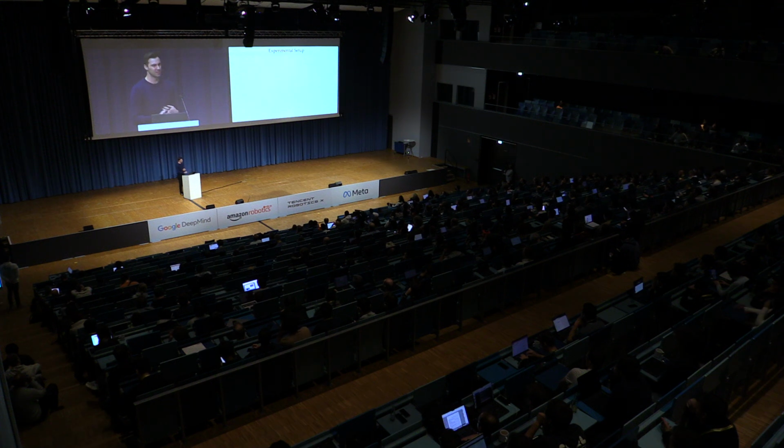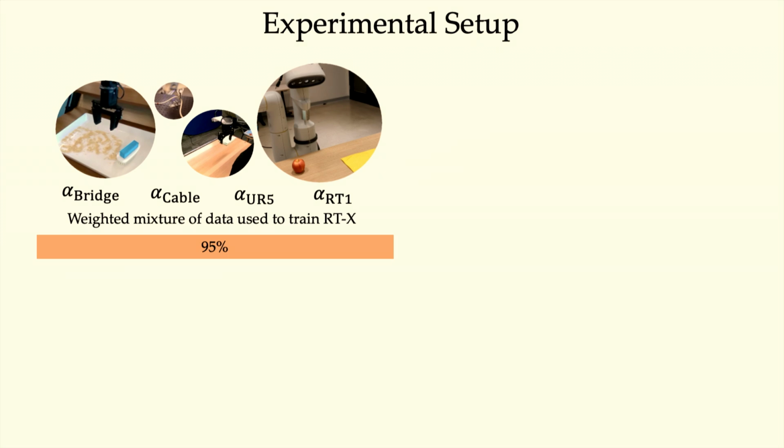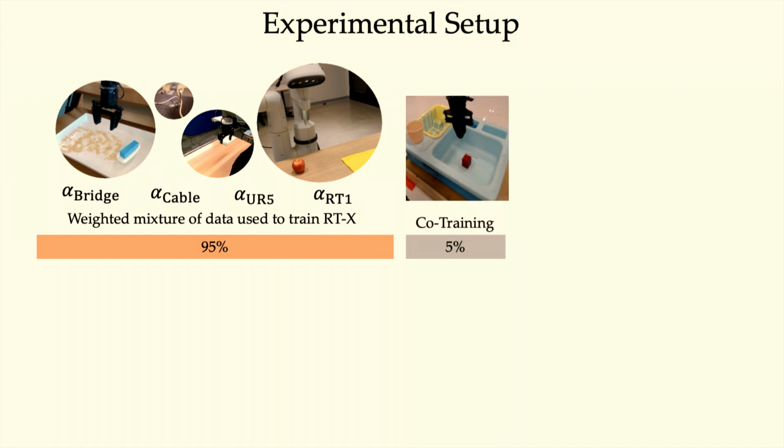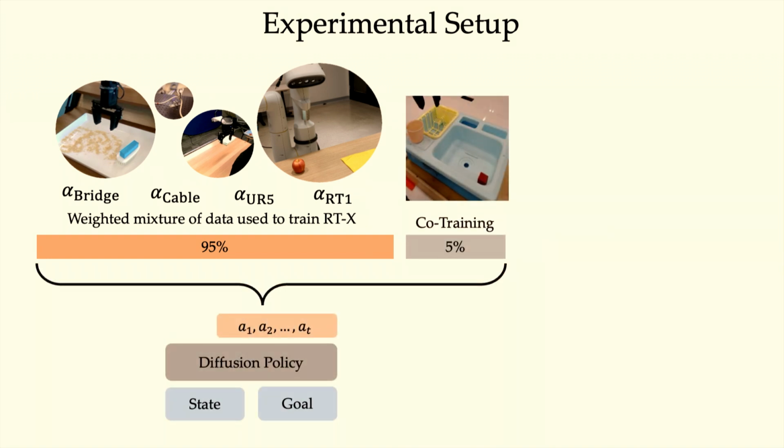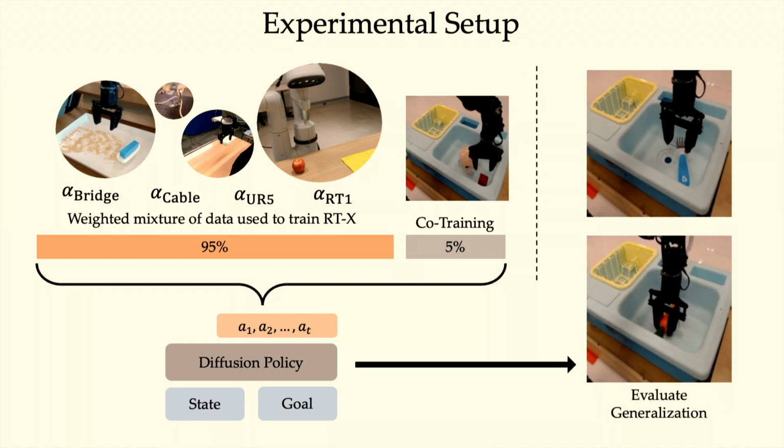Okay, so I've shown you that intuitively the data set weights that are determined by this procedure can make sense. What does it look like experimentally? Well, I'll take all of the data sets used to train the RTX models, and I'll learn a data mixture on them and weigh that at 95%. And then I'll collect some small amount of co-training data. And then I can train a goal condition policy using all of this data and evaluate it on some generalization